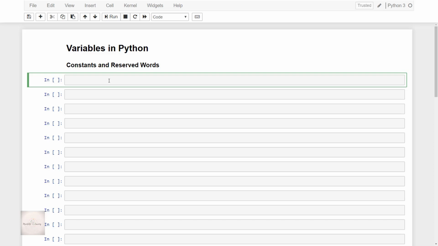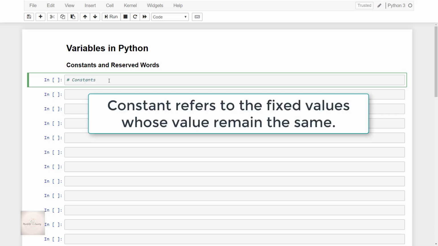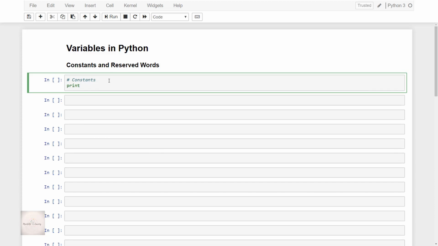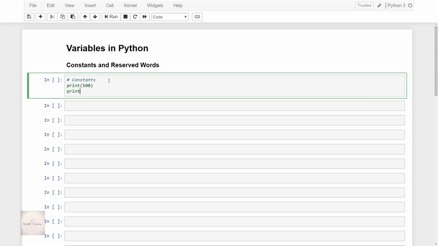Now, before we start learning about variables in the Python programming language, we need to know two important things, that is, constants and reserved words. But now, let's start with constants. Here, constants refer to fixed values whose value remains the same. So, to show you an example, let me print some stuff, like print 500, print 4 plus 1j,